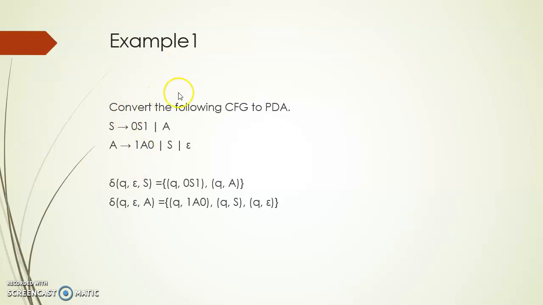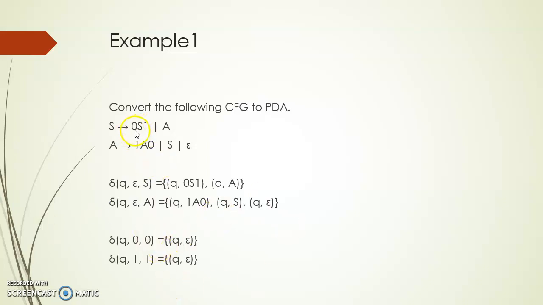So for every option we have written here, as shown, we have copied the options as such, and we have included the state q. If you want to rename the state, you can rename it, but it must always contain a single state. And for the next non-terminal symbol, say A, we have written as such. After completing this for every non-terminal symbol present in the grammar, now we have to do the procedure for the terminal symbols present here, as shown here.